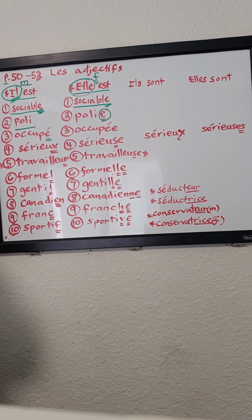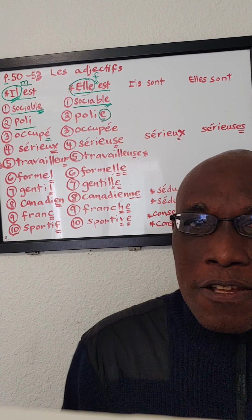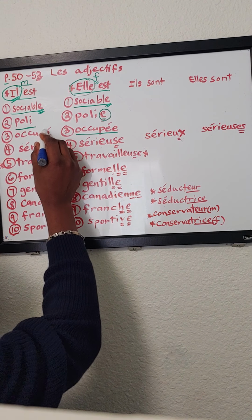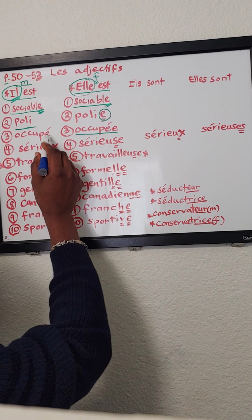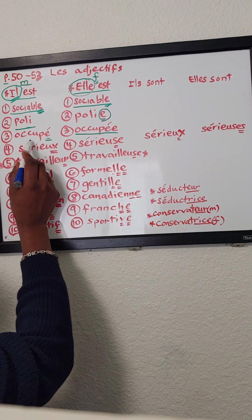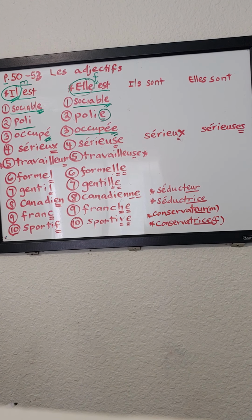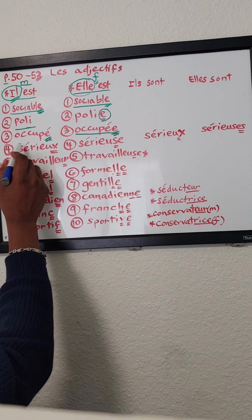See, it has this E, E accent aigu, with the acute accent on top of the E. It will behave just like the previous adjectives. Here, you have to add another E for it to become feminine. Here, you will pronounce the last E with the acute accent. Occupé, see that the E is pronounced here, unlike sociable. You didn't hear the E in sociable, but here occupé, occupé means busy. You have to add another E if you have this E with the acute accent. So occupé, occupé, the same sound, but you have to remember to add the E when it changes from masculin